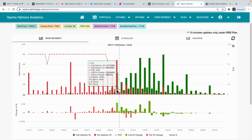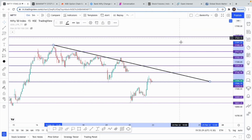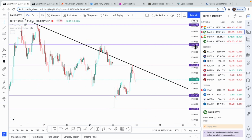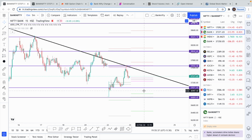This could be a little interesting because there are a lot of put sellers. The red line is more, but the change in OI, what happened today, is more call sellers have come in. So this can be a little interesting to watch, what happens in Nifty tomorrow. So that's it for Nifty and Bank Nifty. Let's see how it goes tomorrow, what kind of war news comes out tomorrow, and if we can make some